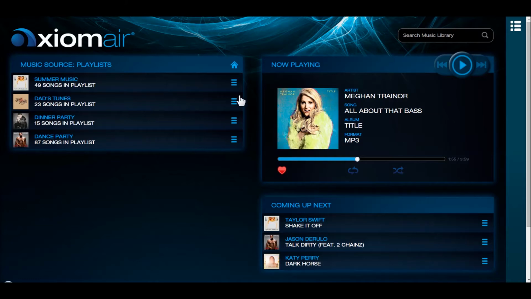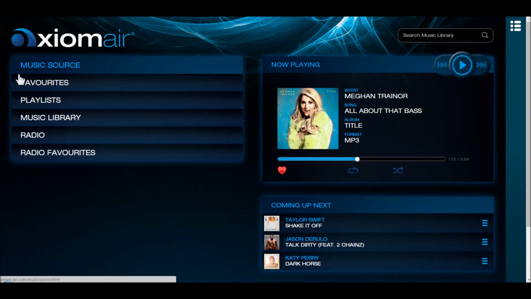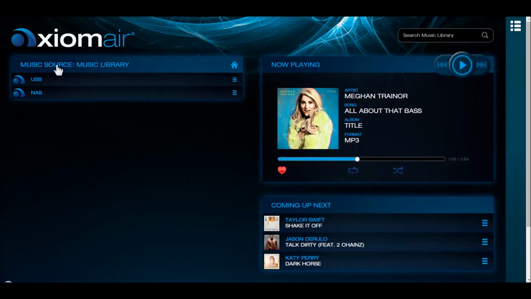Again, the three bars next to any song, album, artist, or grouping will have a pull down that will allow you to add it to a specific playlist or to add to a new playlist where you'll be asked to provide a name. Hitting the home button takes us back again, and under Music Library, you'll see that we have